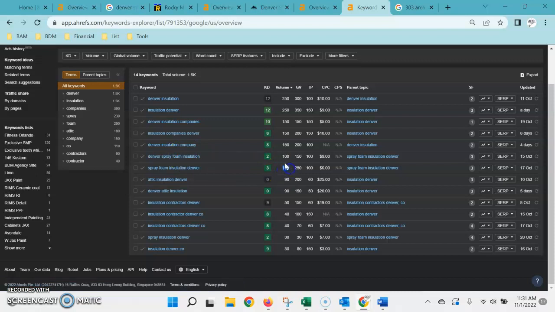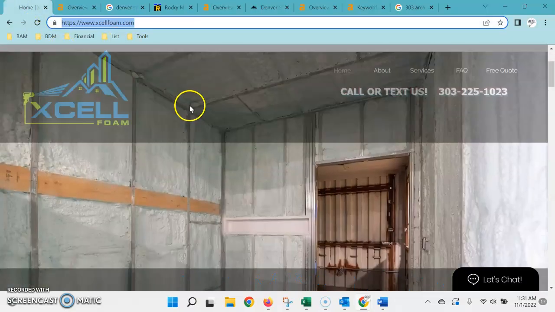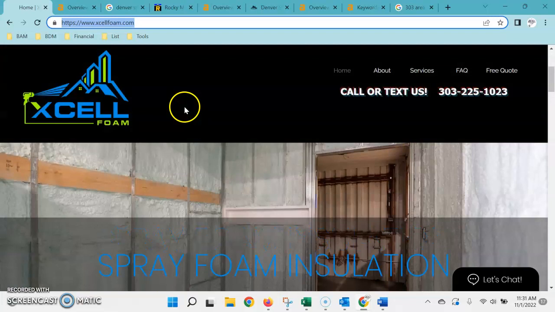So repeat that same process for all the highest volume keywords, making sure that you're getting all that search volume and all that traffic directly to your business. However, there is a formula that Google uses to find these words on your site. So if we take a look at it here, I think we have the beginning of a great site.